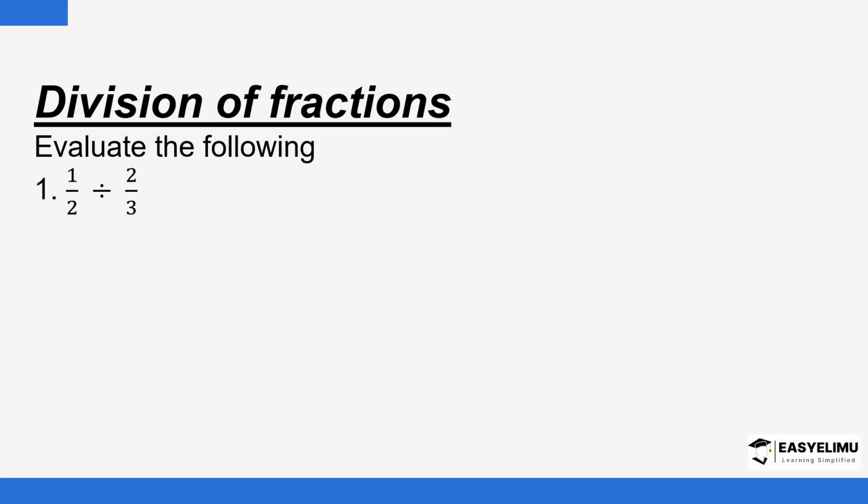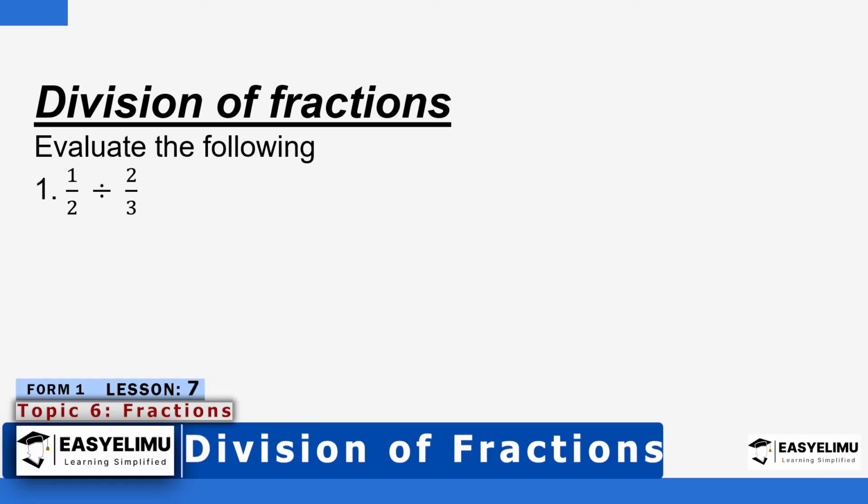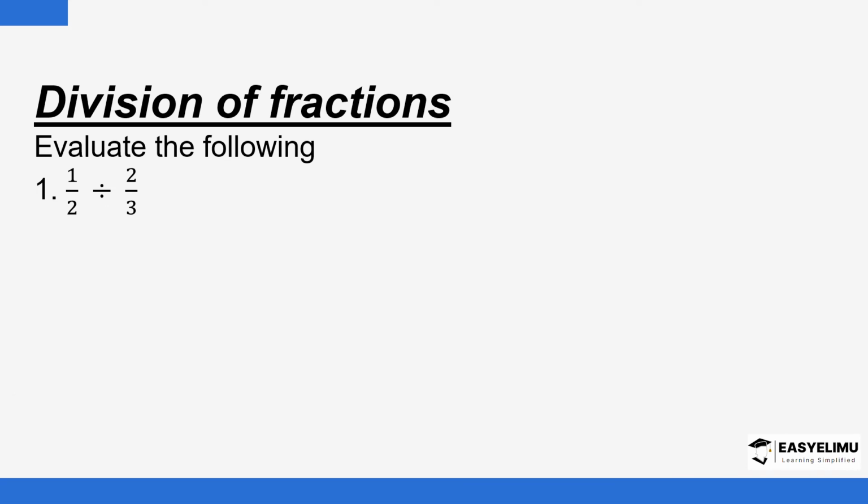So we have our first example here where we are supposed to divide a half by 2 over 3. So how do you go about it? So we have 1 half divided by 2 over 3. This is under division of fractions. So we have the first fraction, we have the second fraction, we're supposed to be dividing them. So how do you go about it? So when it comes to division of fractions, what you're supposed to do